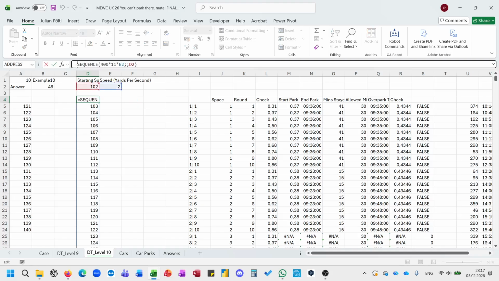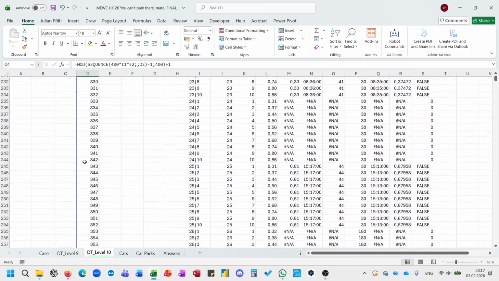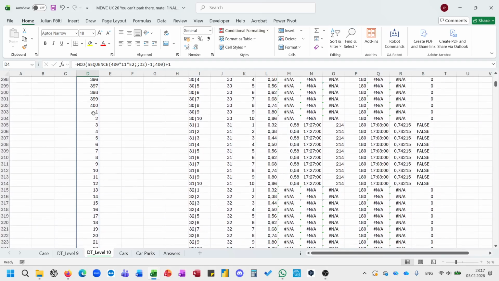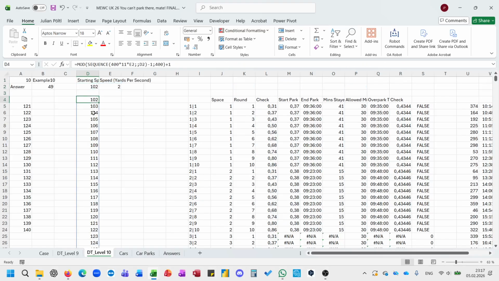And now we need the mod function, mod -1, 400 plus 1. And check here, we are starting again at 1. So this is then space, round,